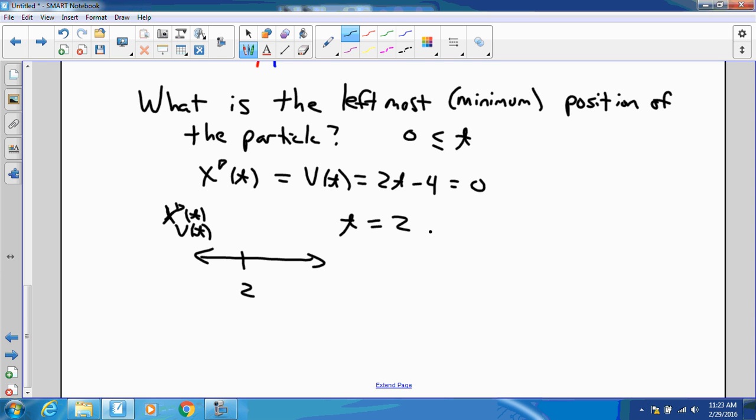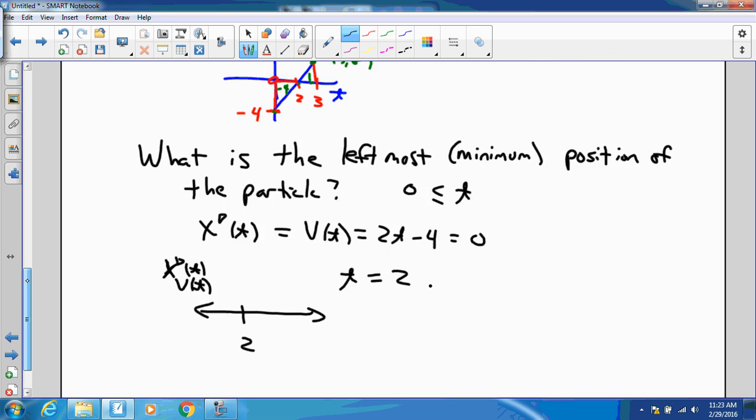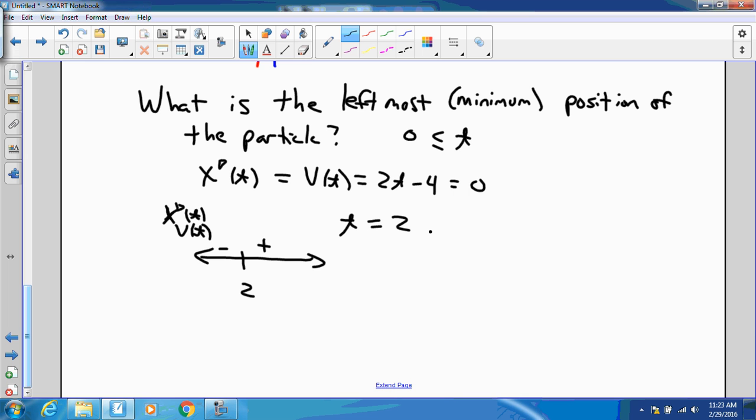Here's my labeling again. I'm labeling this as one or the other of those. And now I look at the sign, and you can read the sign straight off the graph. What is the sign of velocity for t is less than 2? It's negative. And for t is greater than 2? Positive. And so I can immediately argue that x of 2 will be the minimum